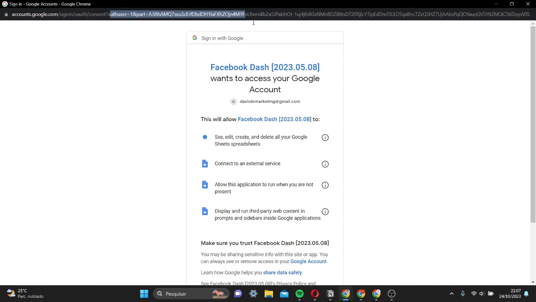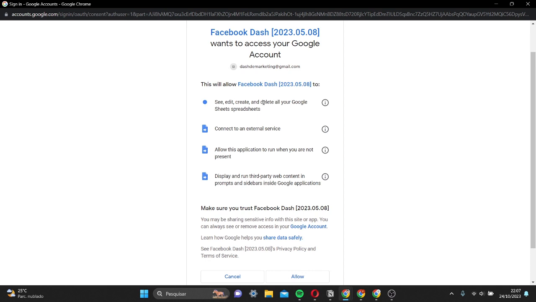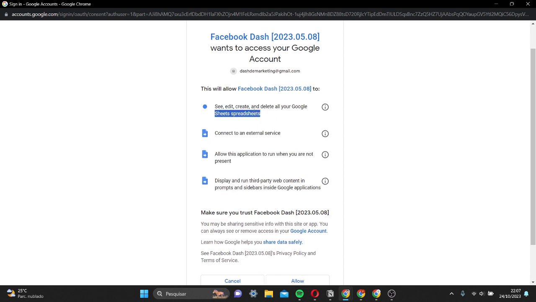The URL changed, so now this is another one. Let me show the whole thing so you guys can pause it and see what you are looking for. I don't know exactly what this is. Oh, this is a big URL. Okay, I believe this is enough, but I need to see, edit, and create spreadsheets because it's a Google Sheets